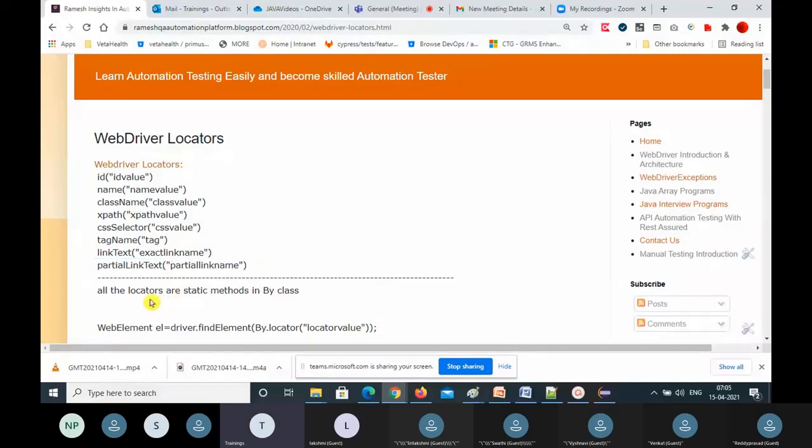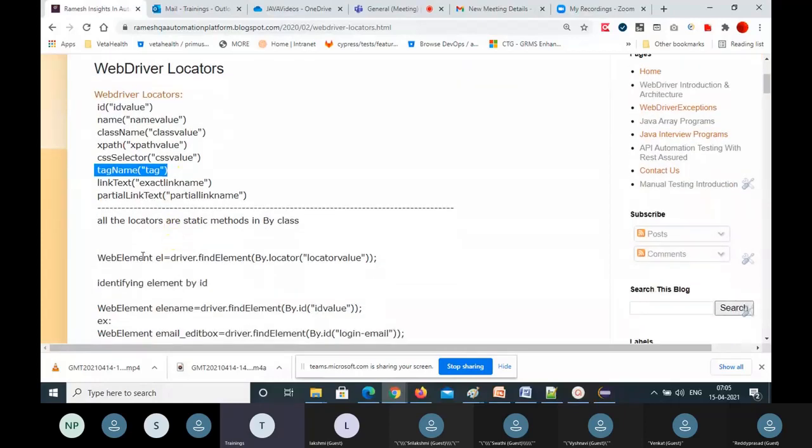And all the locators are static methods in the By class. That's why we call them as class name dot this static method. And again Java comes here. This is the syntax for how we are going to call these locators.